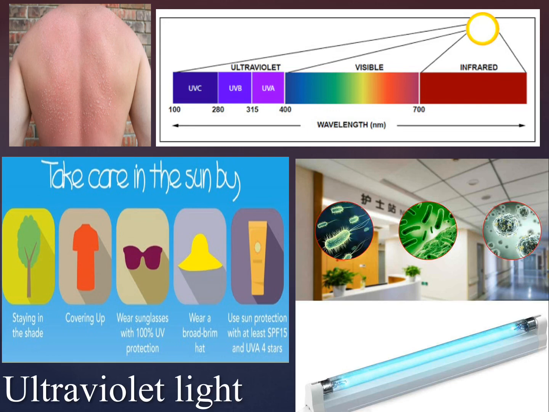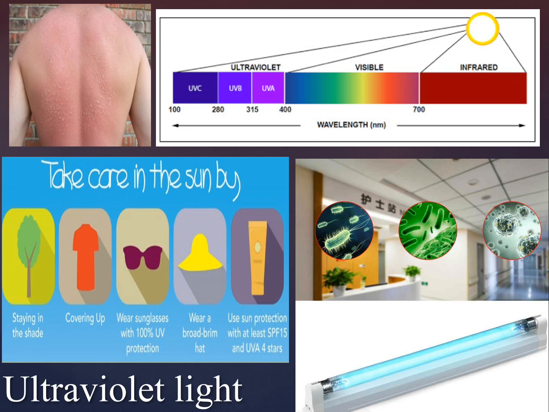Ultraviolet is another type of electromagnetic wave that has a shorter wavelength and higher frequency than visible light. The wavelength of UV light, or ultraviolet light waves, varies between 16 nanometers and 400 nanometers. Ultraviolet light can affect you in a good way or in a bad way.